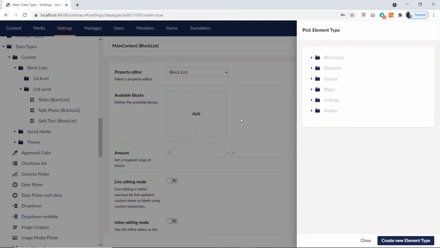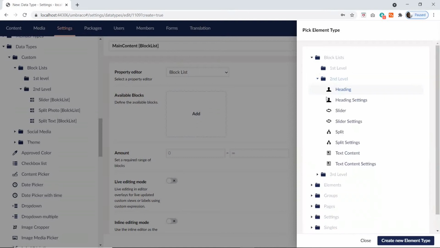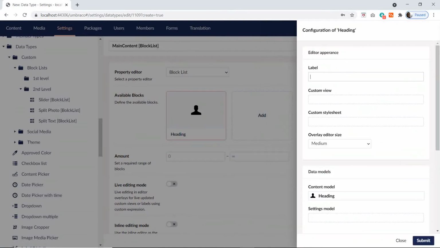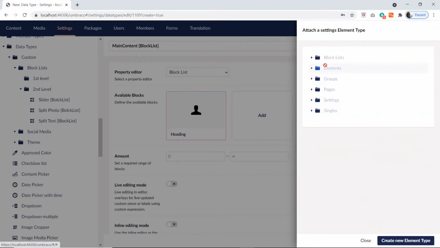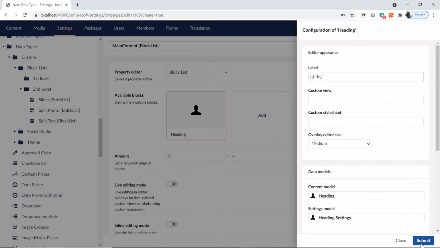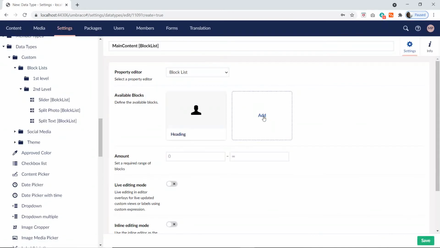Right, so now we will create the block lists for heading, and here's the title. Right, and we got the heading, and we also have the settings for the heading in the second level. Perfect. Create another block,